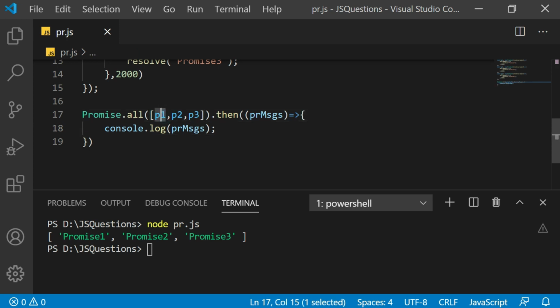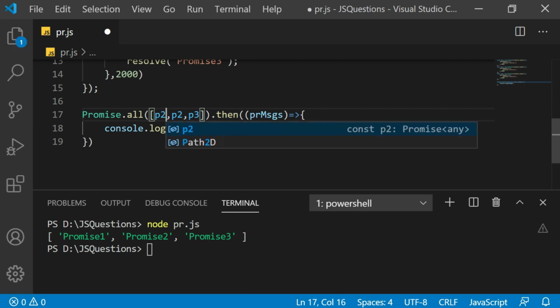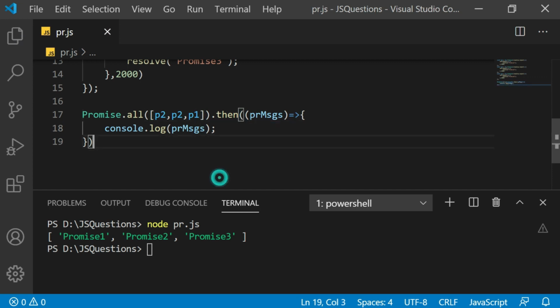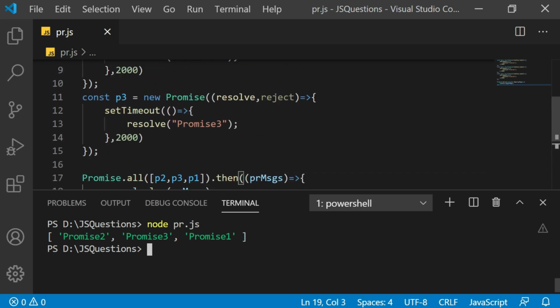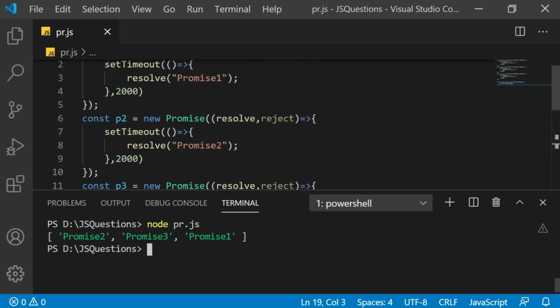This P1 which we have here, let me just make this P2, and instead of P3, I will say P1. So I'm changing the sequence. Now let's run the code and look at the output. You see that it has promise 2, promise 3 and promise 1. The reason is you do not have to worry about in which sequence the promises are executed.